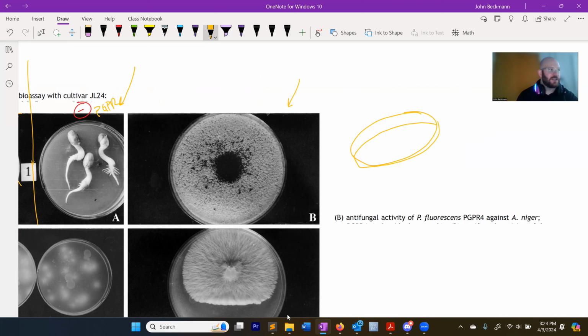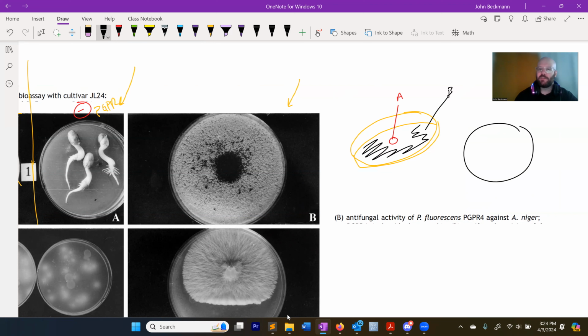This is a bacterial or fungal or microbial inhibition assay. Usually you create a plate and put a drop of something, maybe like A, and then around that you plate something like B, or there might be different ways to do this. Maybe you will just uniformly spread